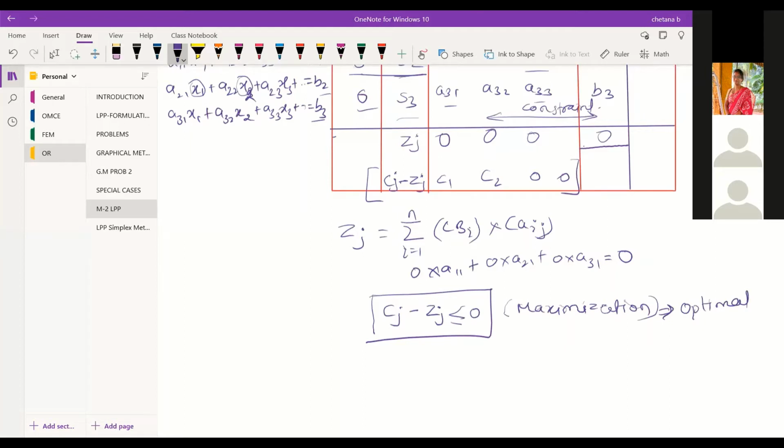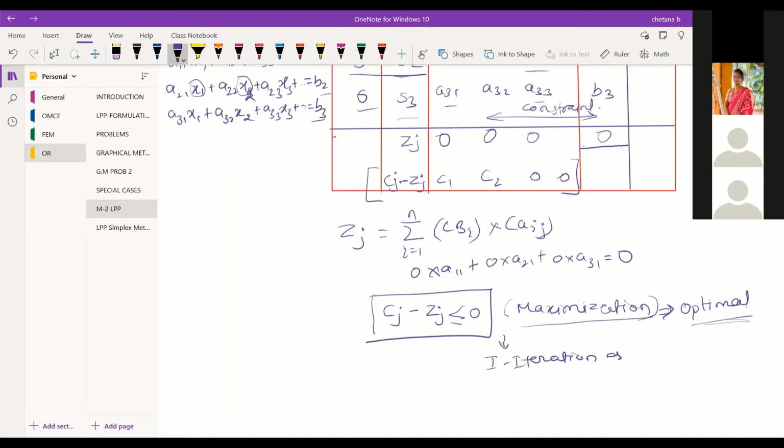We say that once we find the initial simplex table, then you need to check whether Cj minus Zj is less than or equal to 0 if it is a maximization problem. If we are getting all 0 and negative values, then we say it is the optimal solution. If not, then you need to go for the first iteration.